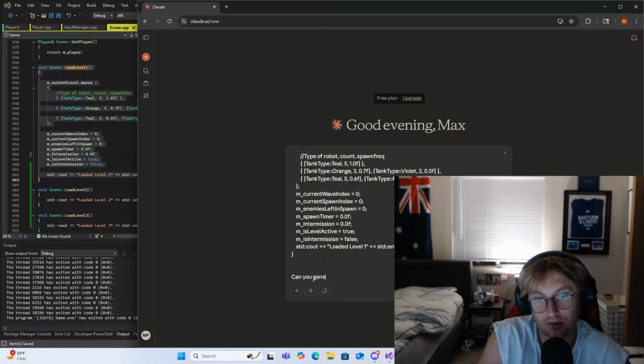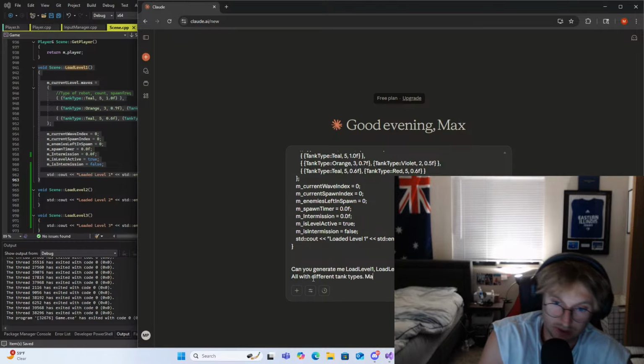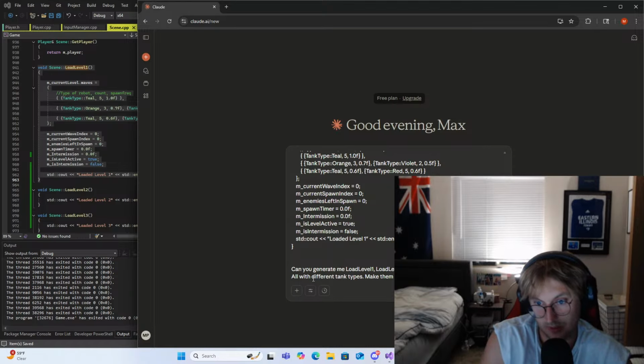Can you generate me load level 1? Load level 5, all with different. Make them have about